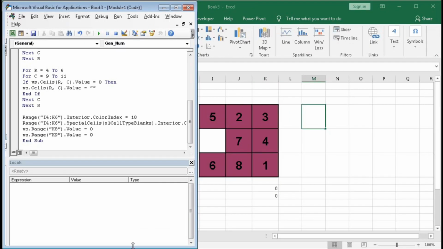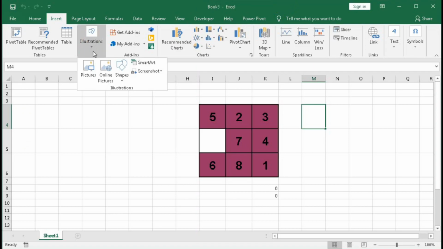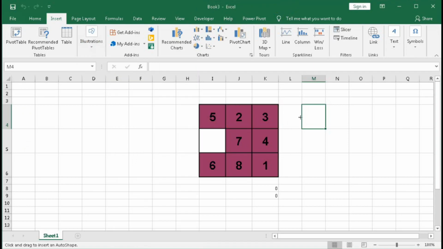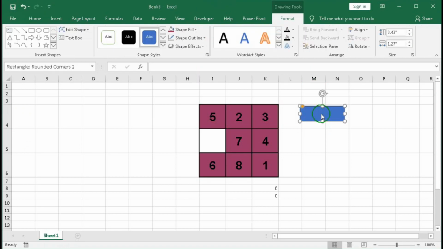Okay. So now we will create a button here. So here select a shape, type here New Game. Okay.